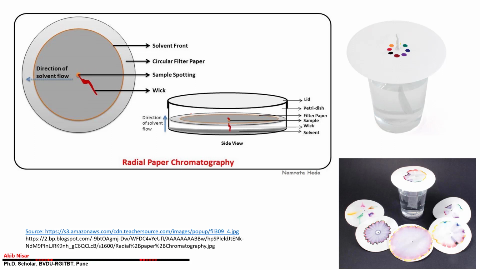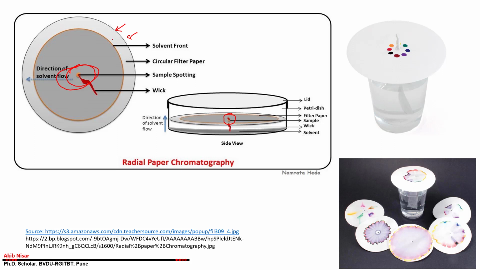Finally, you can see the petri dish, and you are providing a source of mobile phase from here. Here also you can see a source of mobile phase. Like you have observed in your normal life, if you put any liquid from here, it will go in a radial, circular movement, until the edges of the paper. Before crossing the edges of the paper,